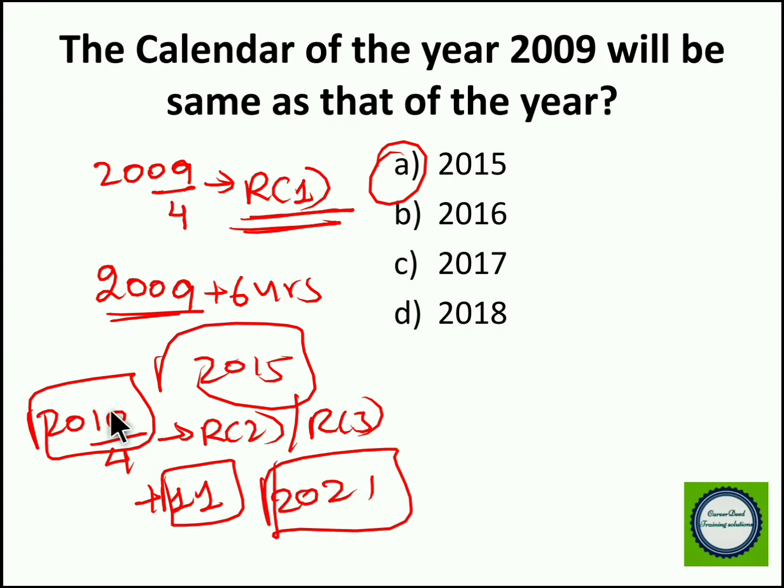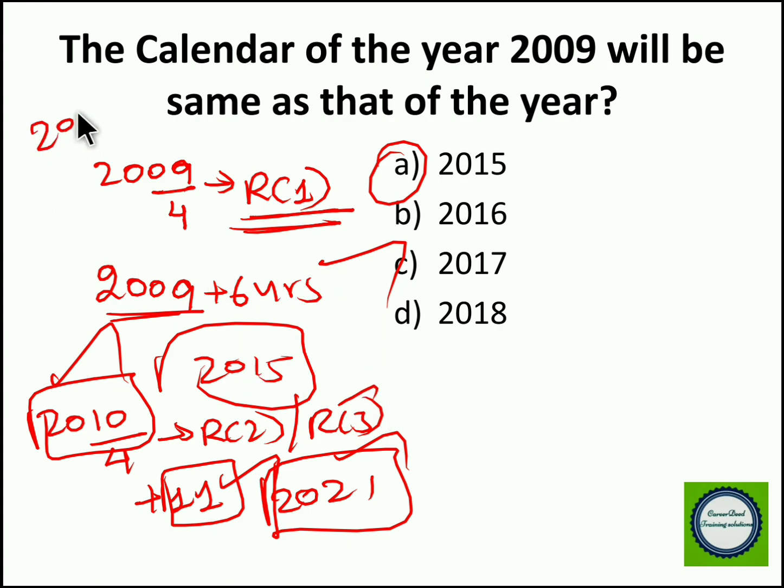So you can use the same calendar which you used in 2010 for 2021. The problem is really simple, right? If the remainder is 1, you have to add 6 years. If the remainder is 2, you have to add 11 years. So you will get remainder 1, remainder 2 as well as remainder 3. And you will get one more remainder, which is remainder 0.